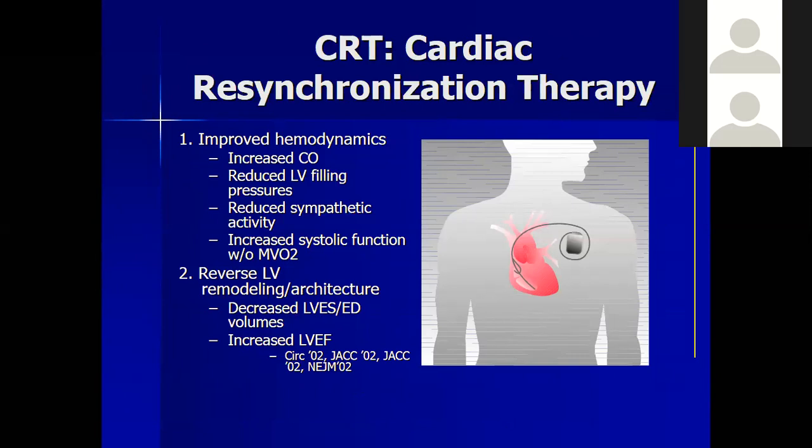Once you have chronic heart failure, the risk of VT and arrhythmias is higher, then you put in a cardiac resynchronization therapy. This is a device we put in the heart. It's a subcutaneous device. Then we put one lead into the LV, one lead into the coronary sinus and left atrium. So it prevents sudden cardiac death, but it's very expensive.